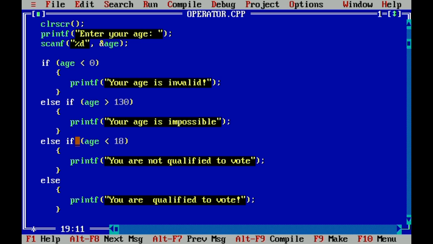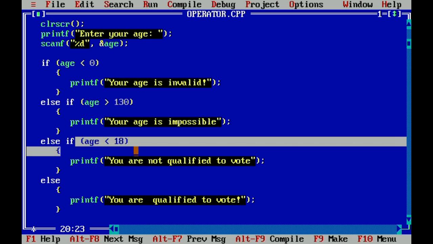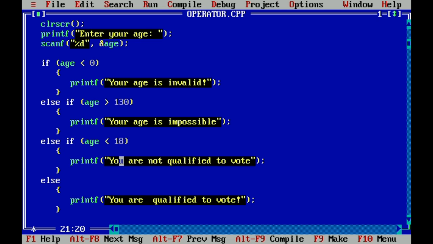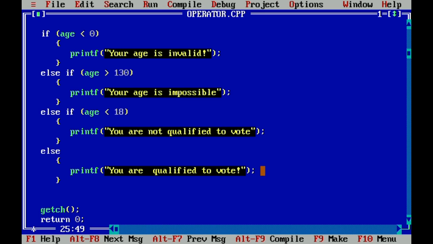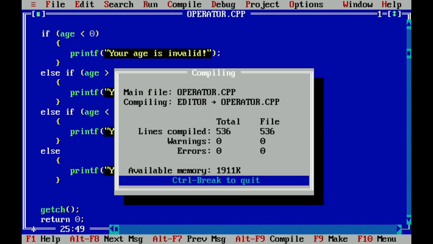This time, if the age is less than 18, so 0, 1, 2, 3, 4, 5 until 17, this would be the statement to be performed. Otherwise, if it's 18 and above, it will now display here you are qualified to vote. So let us try that one again. If it's 13, not qualified. If it's 18, you are qualified to vote.